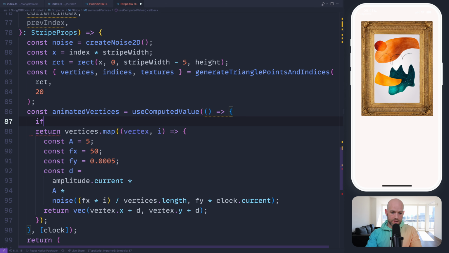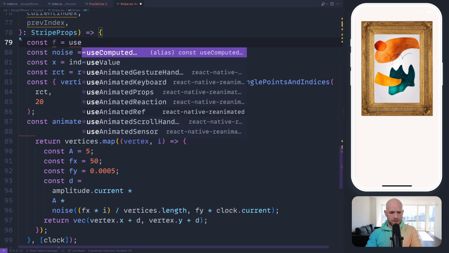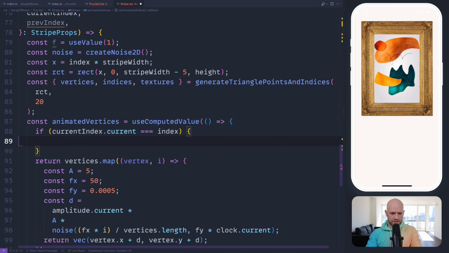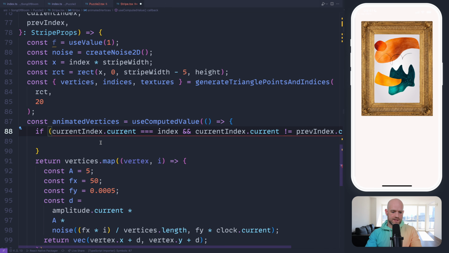And here, we're going to create an animation value, and since it's going to be like some frequency, I can call it f maybe. And here again, we want the default value to be 1. So if we switched index, so if it's a current index, the index is selected and we just switched, and current index.current is different from previous index.current, we start an animation.